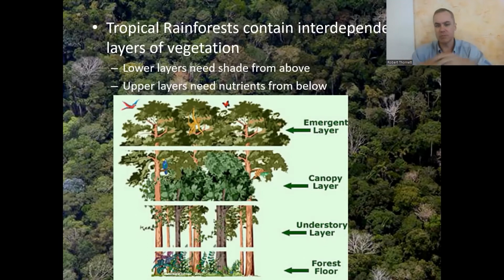And we're going to see there's an interdependent relationship between these layers, where the top layers provide shade, and especially ferns that you find on the bottom layers of the rainforest are very much shade species. They live in the shade. They need shade. So that's why they're good for house plants. And so they get the shade from above, but they also protect the bigger trees in a couple of ways.